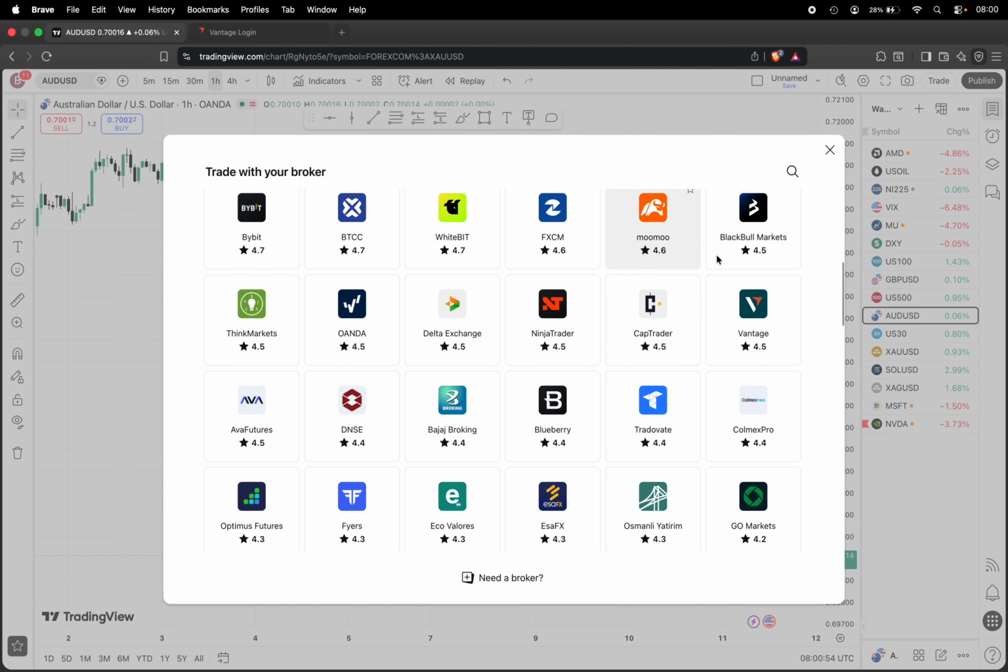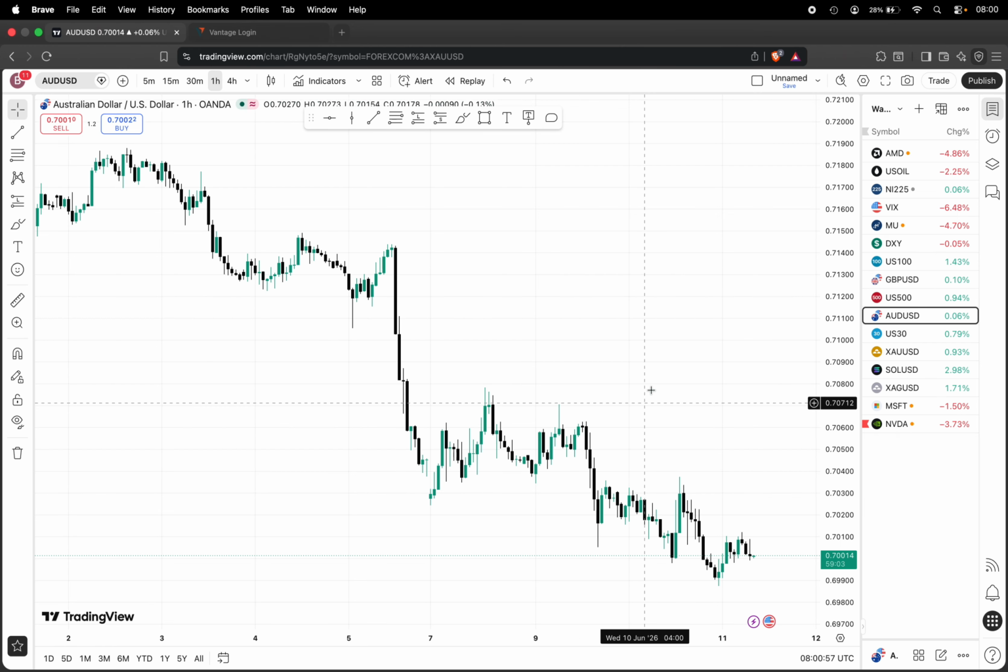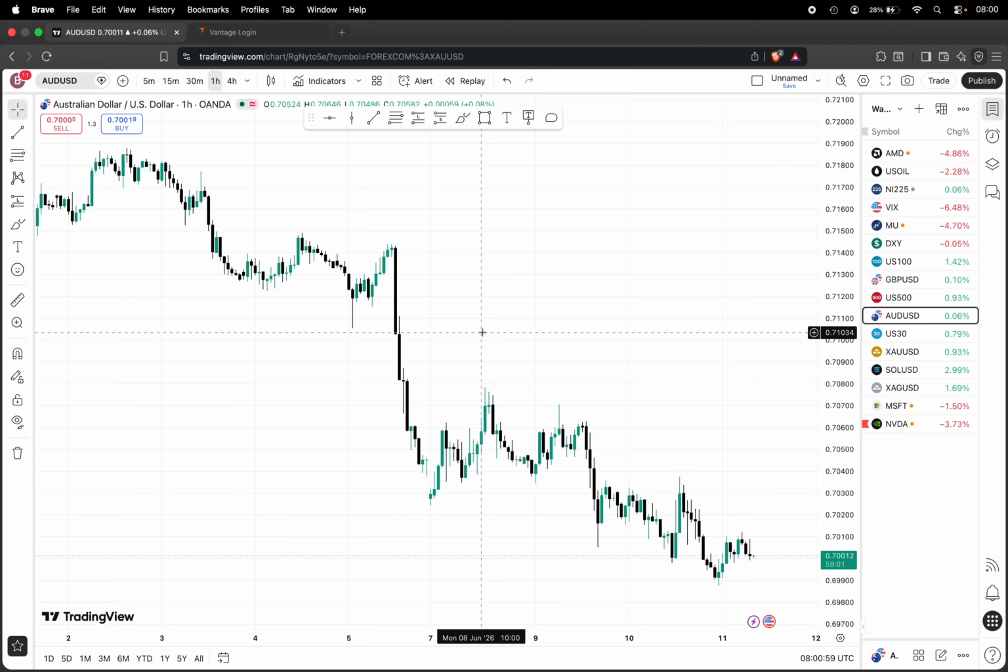You can now use TradingView to view your charts, manage your trades, and place orders directly through your connected Vantage account. If Vantage does not appear in the broker list, make sure you are using the correct TradingView region and that your account supports broker